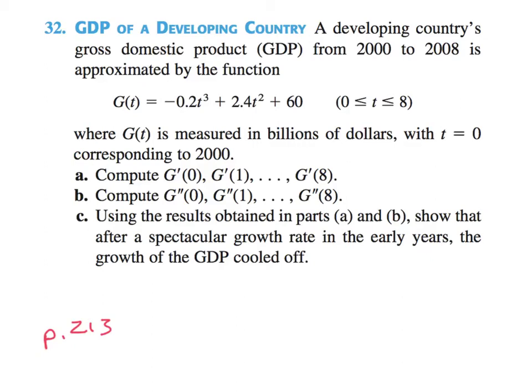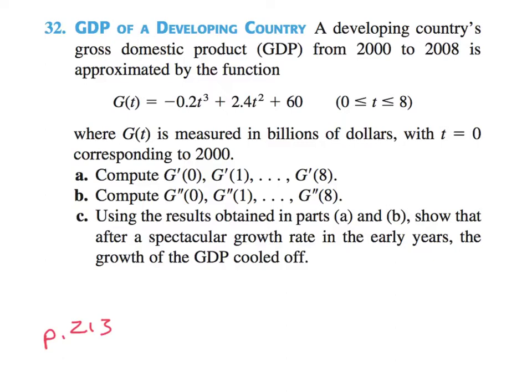So as it turns out, we can use higher order derivatives to examine the economic growth for a developing country. And problem 32 on page 213 does just that. As you can see, this states that a developing country's gross domestic product, GDP, from 2000